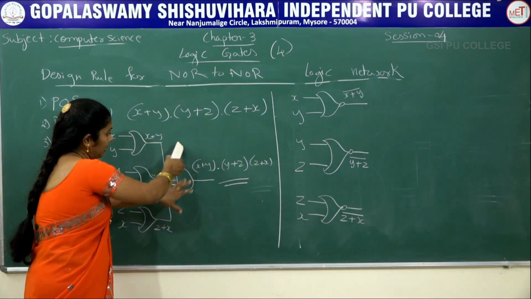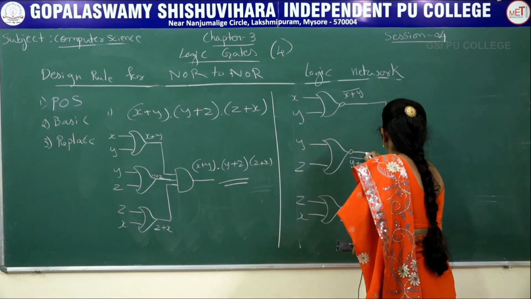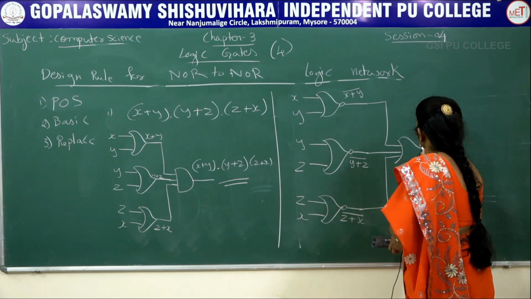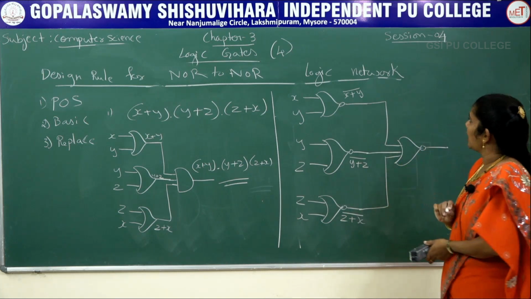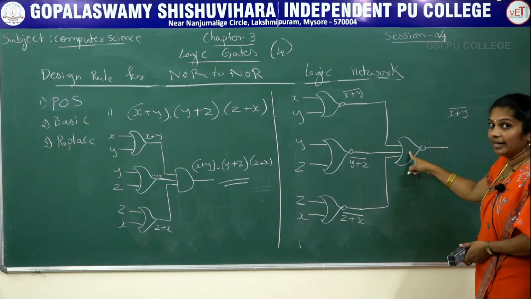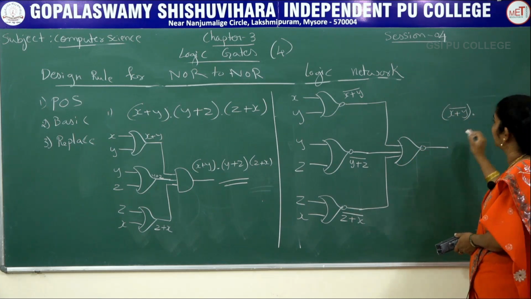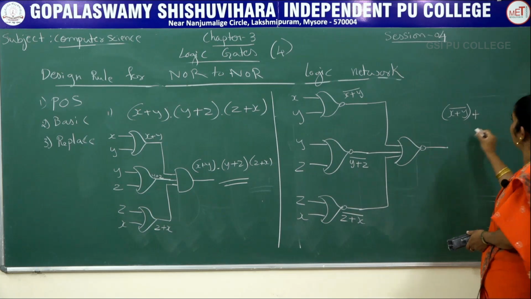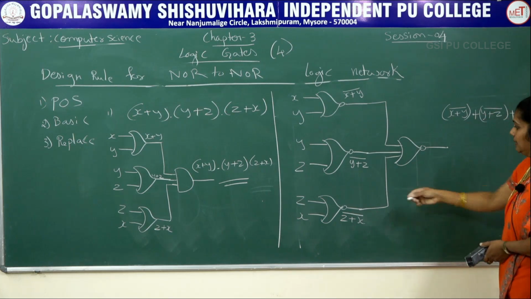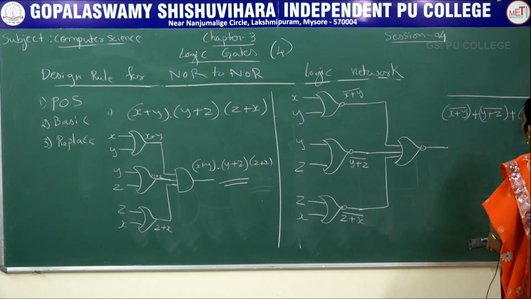Now replace all the remaining things, this AND gate, with the NOR gate symbol. Connect all these things with the NOR symbol. Here once again we have to use the NOR symbol. Now what is the output we are getting? X plus Y whole bar. But here we have the reverse C shape, that's why here you have to write the plus operator. Second part, Y plus Z whole bar, plus the last part, Z plus X whole bar. Here negation is there, the entire thing bar.